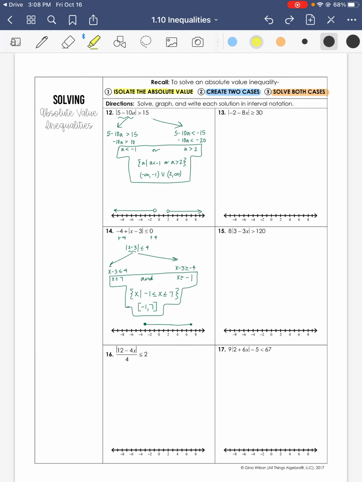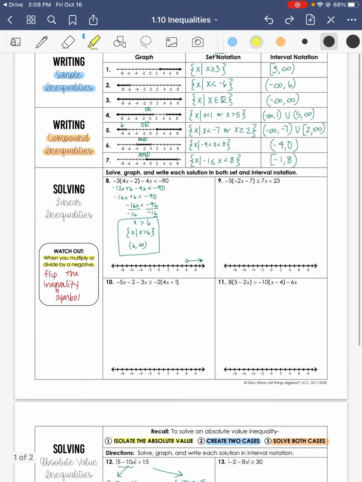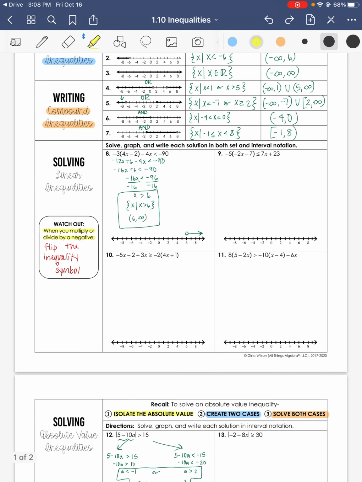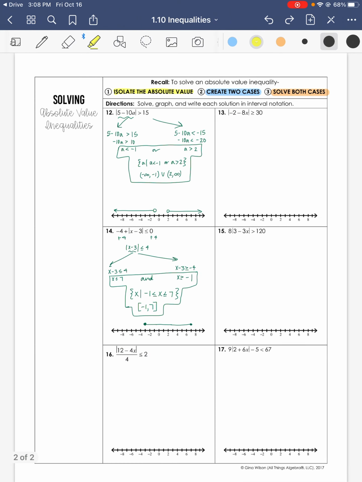But anyway, this is just like solving regular inequalities, kind of mixed in with how we solve absolute value equations. We just use the same techniques from both to solve absolute value inequalities. Okay, so we'll put this formative up for you to practice the rest of these, and then